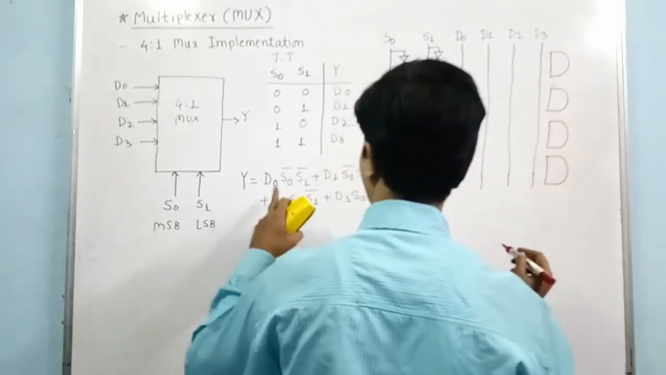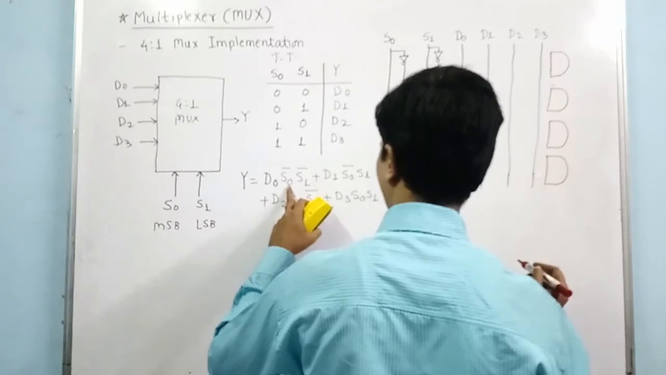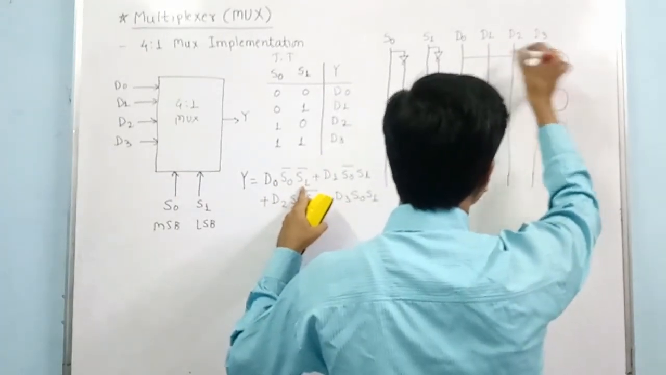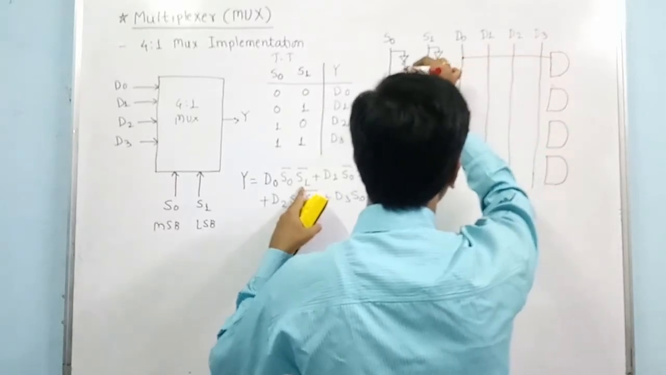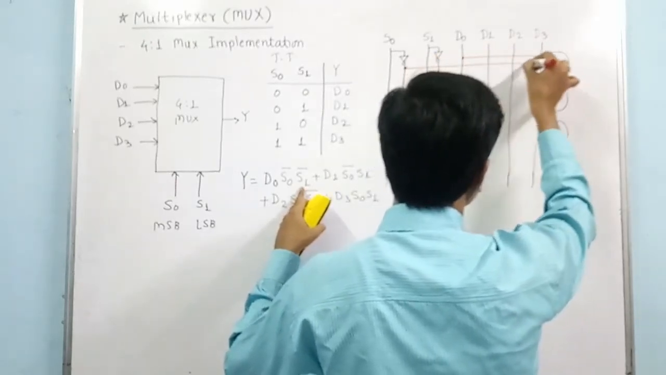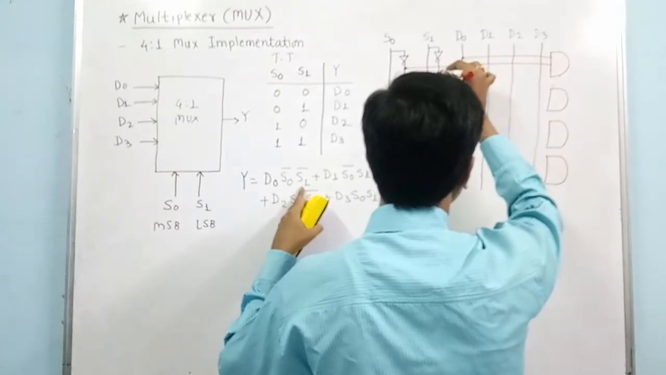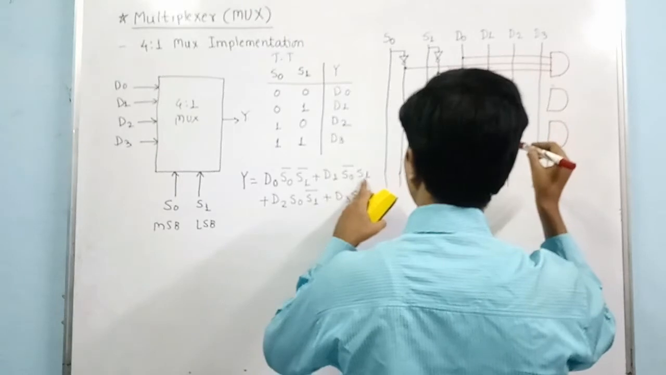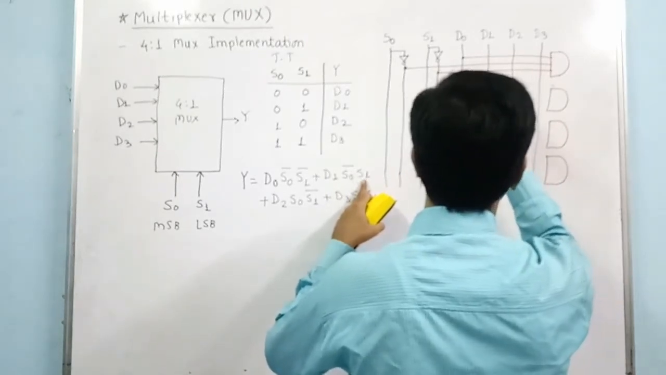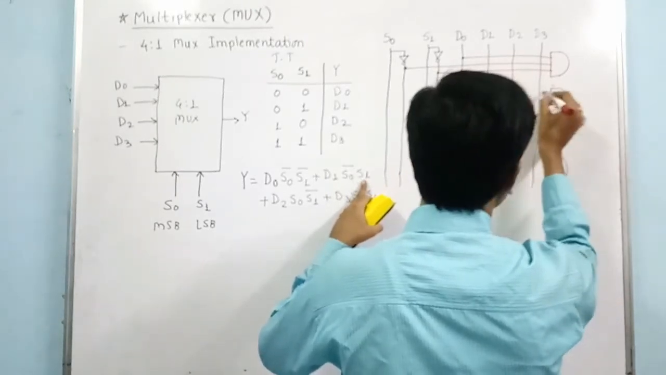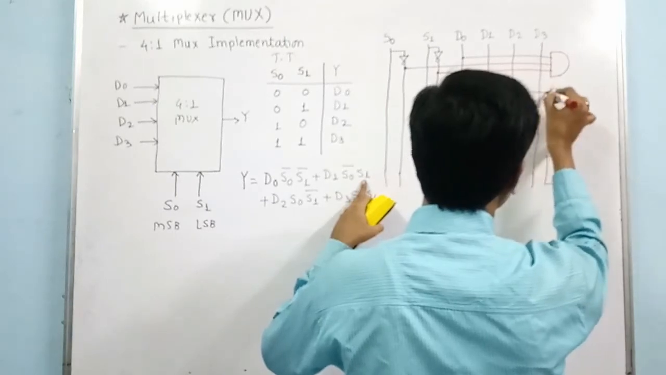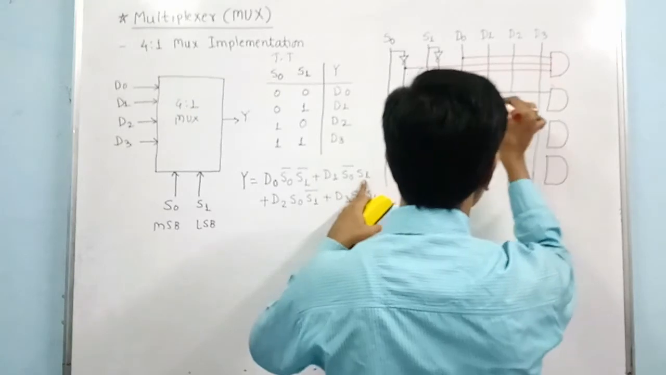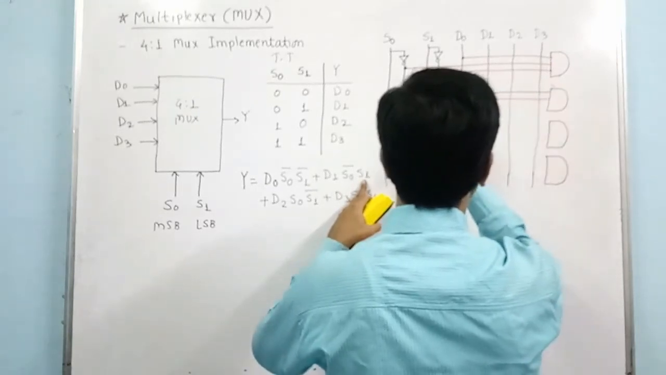now the first term is D0 into S0 bar into S1 bar. So D0 into S0 bar into S1 bar. Okay, then next term is D1 into S0 bar into S1. So D1 into S0 bar into S1,